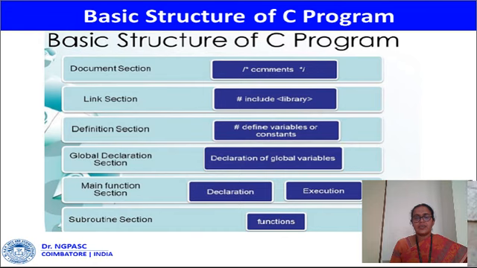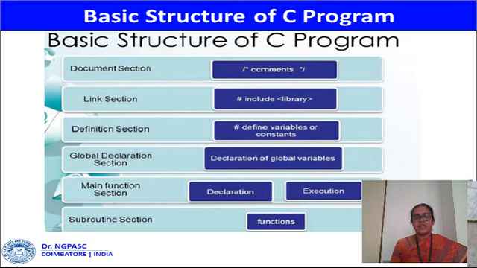Then variable definitions and constants can be declared in the third section, the definition section, which is also optional. The fourth section is the global declaration section, where you can declare the global variables.